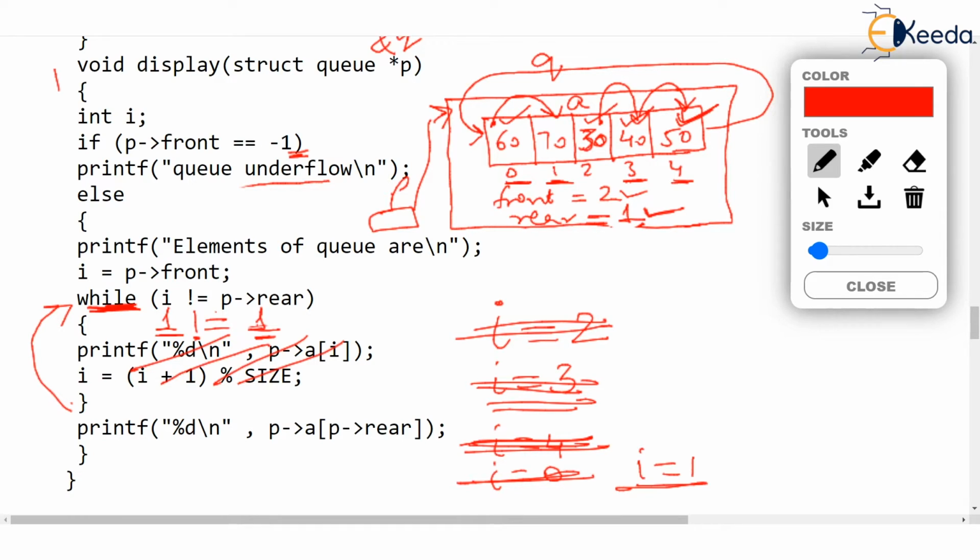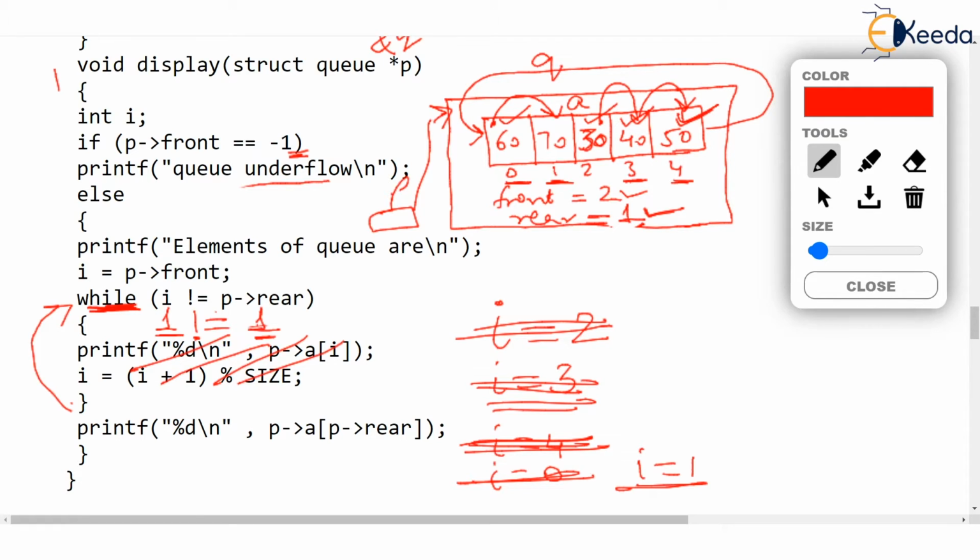And just check that the queue has not got displayed entirely. One value is still remaining to be displayed, that is 70, the rearmost. And it had to happen because we have written a condition like this, that as I reaches P arrow rear, stop the loop. So I has reached P arrow rear, I is at 1 and rear is at 1, then the loop breaks.